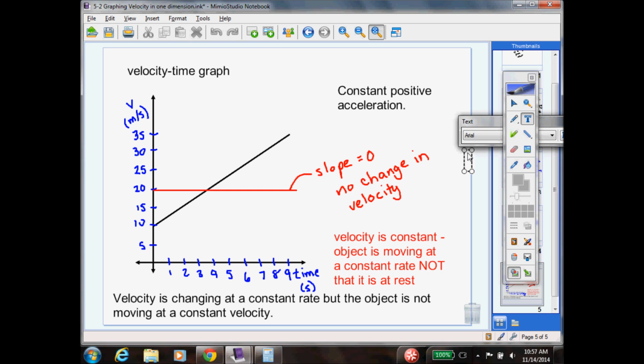And we'll put together a chart as far as how they're all related. What if their average is 20? Well, average velocity